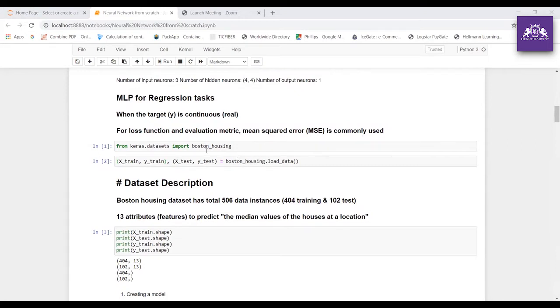So I'm importing the data set from Keras. From keras.datasets, import boston_housing. This is a very popular data set that is used to build linear regression models, right? So I have also taken the same just to make you familiar with this.